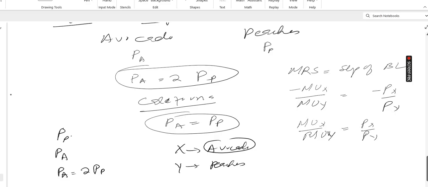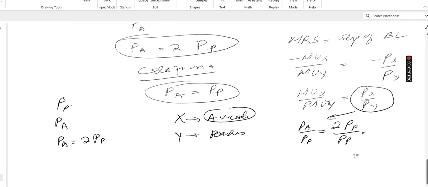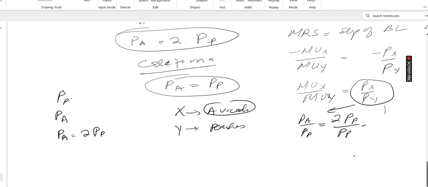तो फिर इसका मतलब क्या हुआ, जॉर्जिया के अंदर अगर मैं कहूँ X एक्सिस पे एवोकाडो है, तो आपको पता है कि वो जो स्लोप होती है वो ये होती है ना। तो एवोकाडो को मैं ऊपर लिखूंगी, तो प्राइस ऑफ एवोकाडो ओवर प्राइस ऑफ पीच जो है ना, वो मेरी स्लोप बनती है। अब वो एवोकाडो जो है वो ट्वाइस ऑफ प्राइस ऑफ पीच है। सो बेसिकली यू कैन सी कि ये वैल्यू डबल हो जाएगी। लेकिन अगर हम कैलिफोर्निया के लिए यही रेशो निकालेंगे, क्योंकि वहाँ पे दोनों प्राइसेस सेम है, तो वहाँ पर जो रेशो आएगी वो आएगी प्राइस ऑफ एवोकाडो और प्राइस ऑफ पीच।